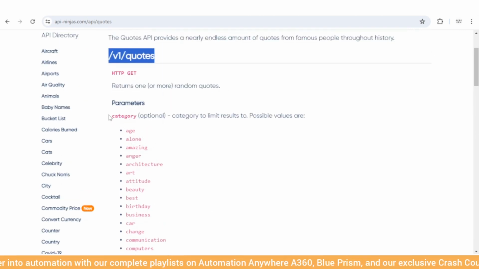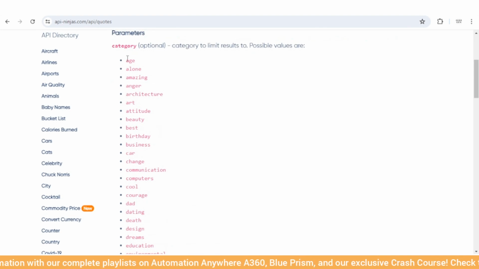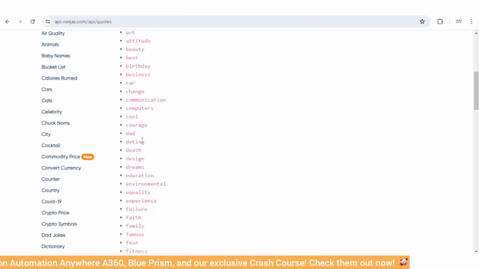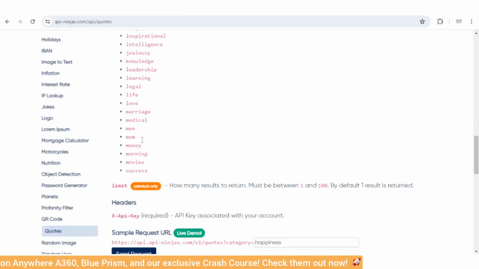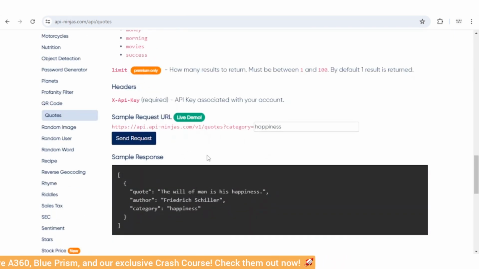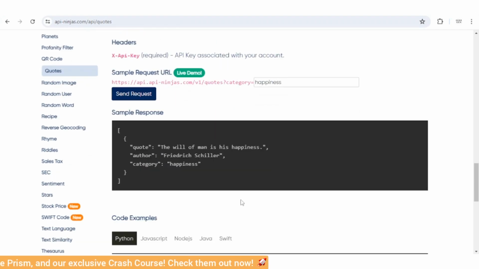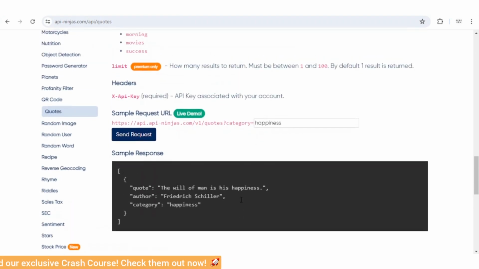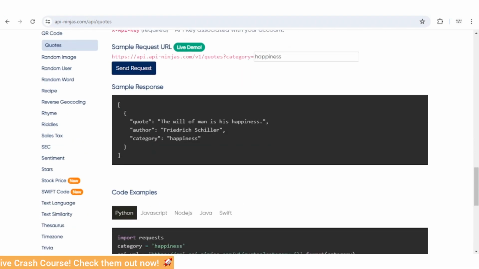And we can select the category of the quote. Means if I need a happiness quote, I can give happiness as the category. And also, we can set limits as well. But let me show you how this API works.